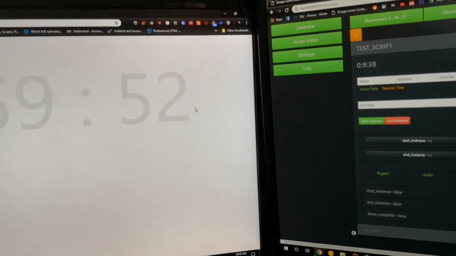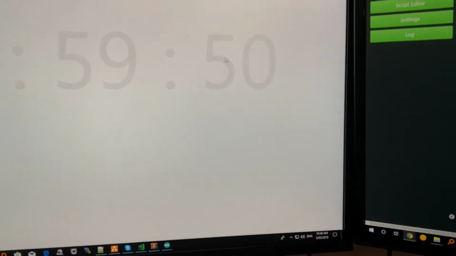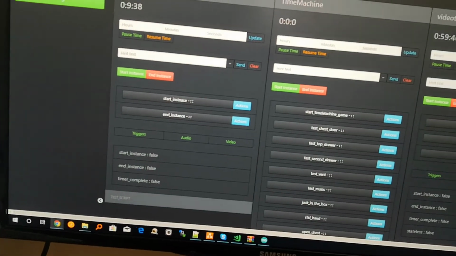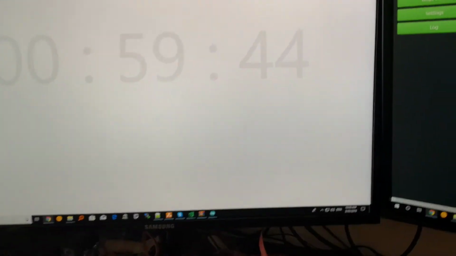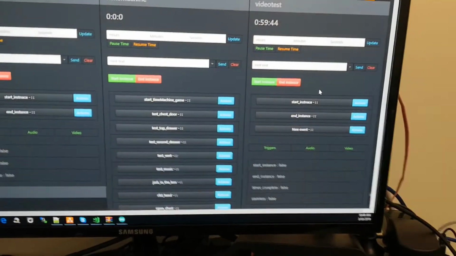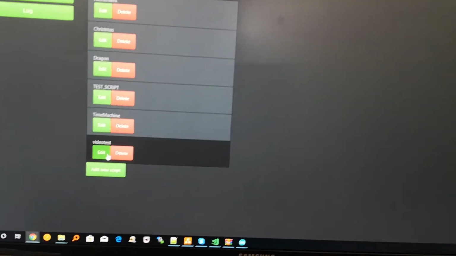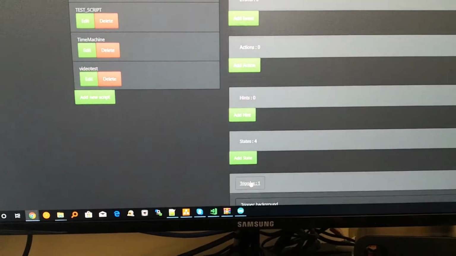Yeah, anyway, I hate when that happens. Yeah, so anyway, start instance, and we got end instance, and it will just, you know, stop the timer and stuff, but we haven't got any triggers on here anyway, do we? So we'll go back to script editor, and we can go to our video test, and what we might do is trigger,